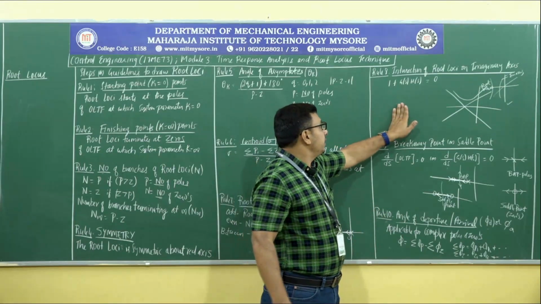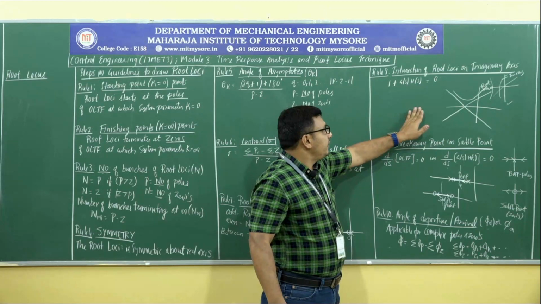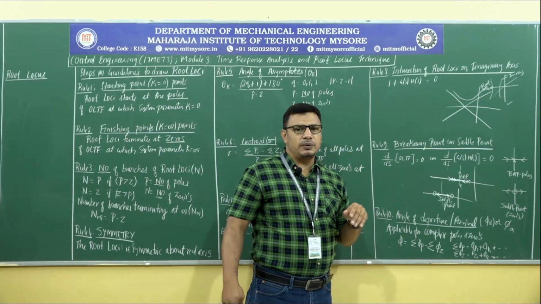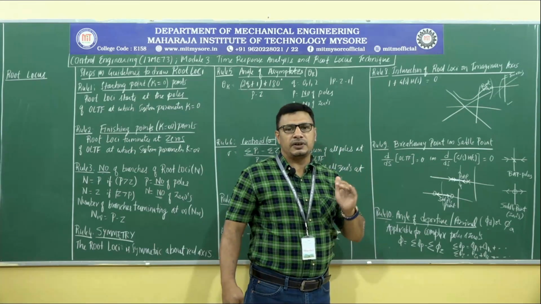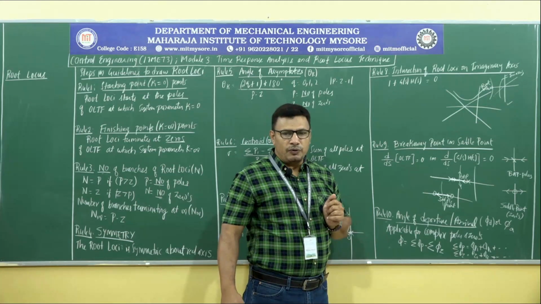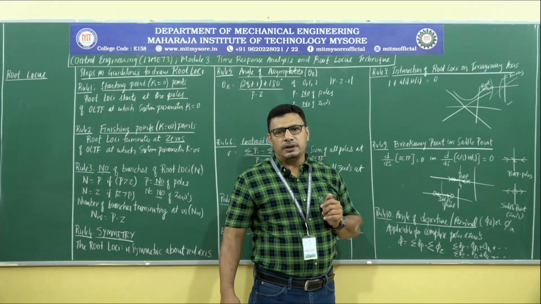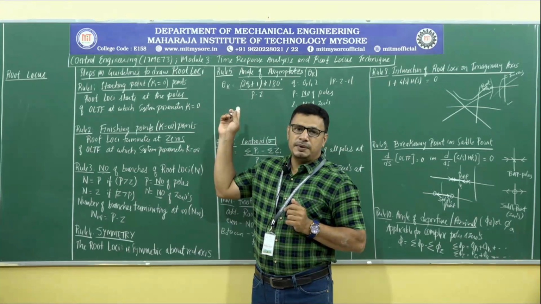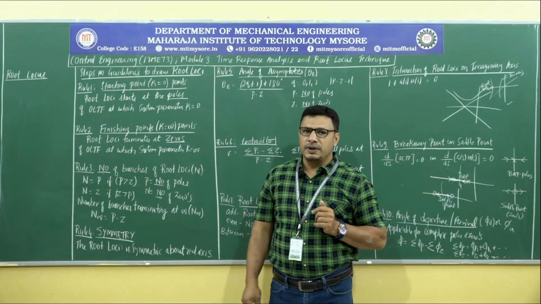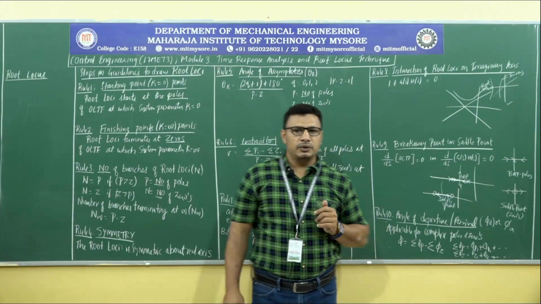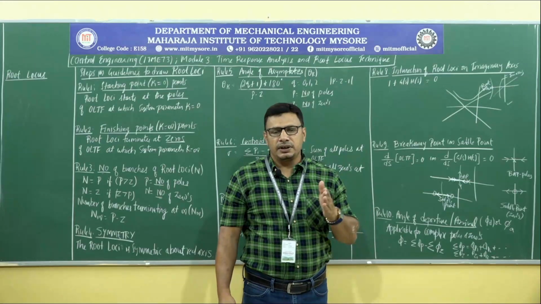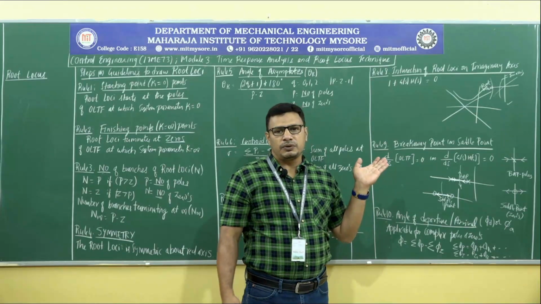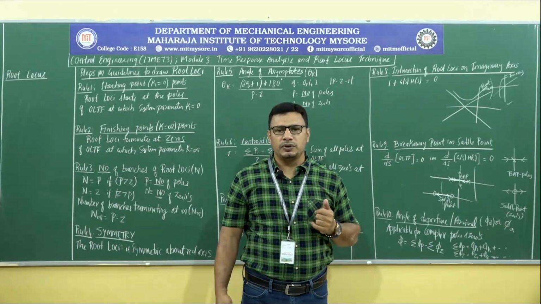Then the rule of intersection of root loci with the imaginary axis will be applicable only when the branches of root loci are crossing the imaginary axis and moving to the right half of S plane. How will we get to know in advance? By knowing the angle of asymptotes. If we see the angle of asymptotes, we will be able to draw the asymptotic straight lines on the graph, and if asymptotic straight lines are intersecting the imaginary axis and moving to the right half of S plane, then obviously the branches of root loci will also cross the imaginary axis and move to the right half of S plane.